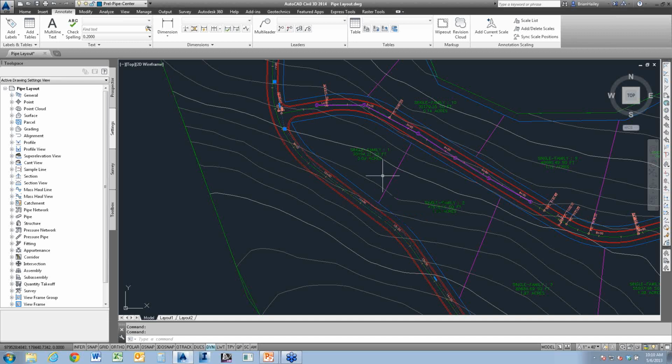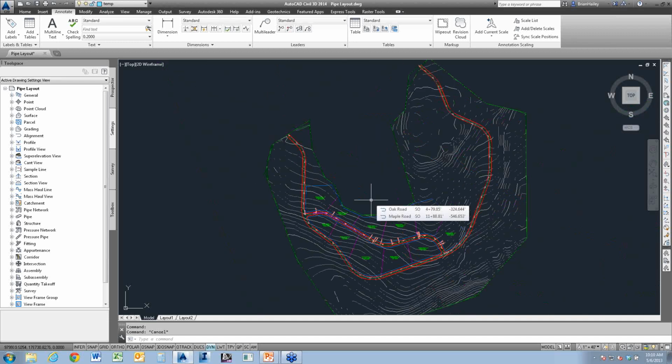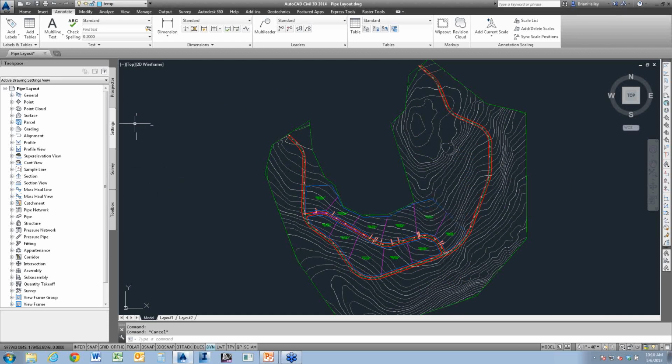Now, before I start creating any sort of pipes in Civil 3D, really the first thing you need to do is set up your parts list. Just like with the pipe networks, where we're doing the gravity stuff, with the pressure networks, you also need to set up a parts list. So under my Settings tab, Pressure Network, Parts List. This is where I can access all my parts lists.